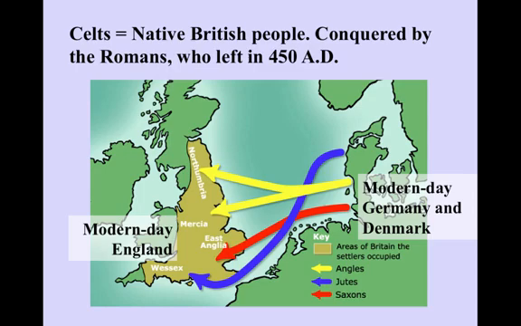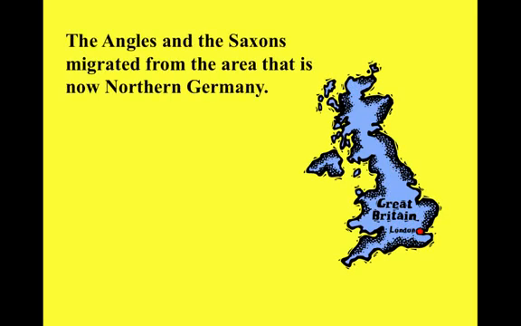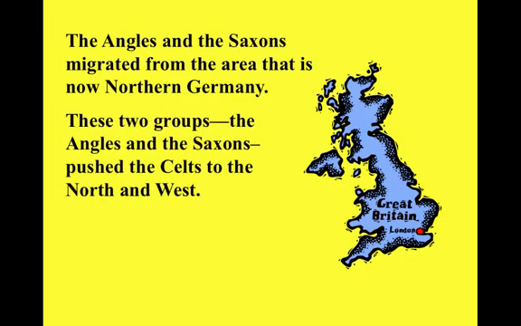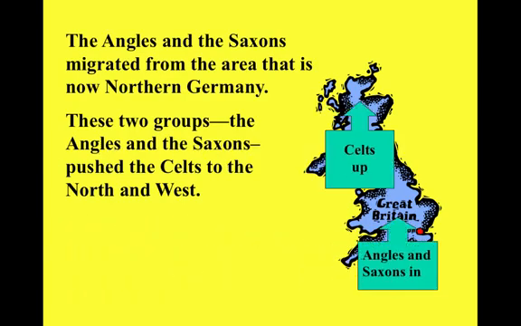So you can see the yellow arrows are where the Anglo tribes came, the blue arrows where the Jutes came, and the red arrows where the Saxons came over from modern-day Germany and Denmark and took over modern-day England. So, the Angles and the Saxons migrated from the area that is now northern Germany, and they pushed the Celts to the north and to the west. So the Celts moved up, and the Angles and the Saxons moved in,